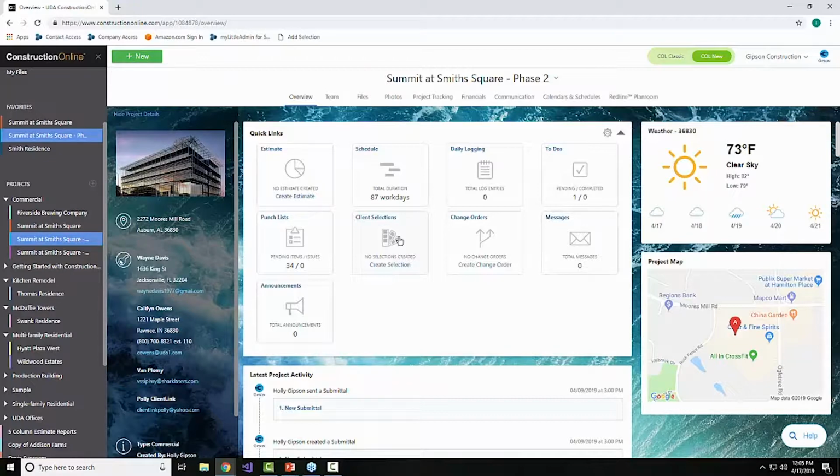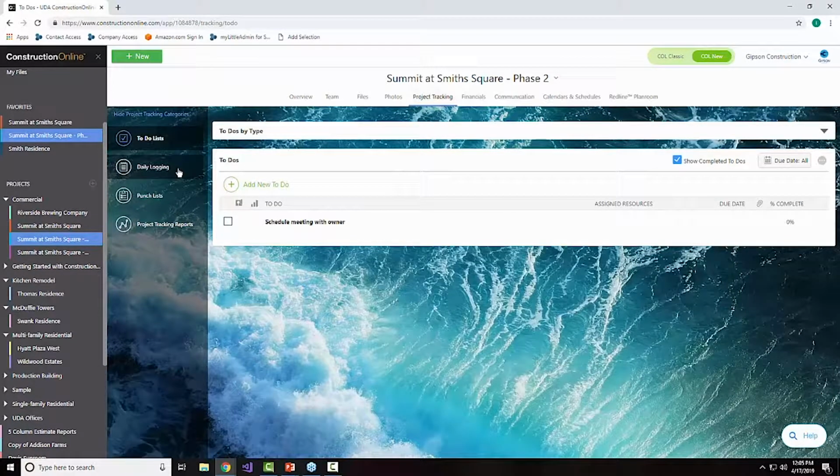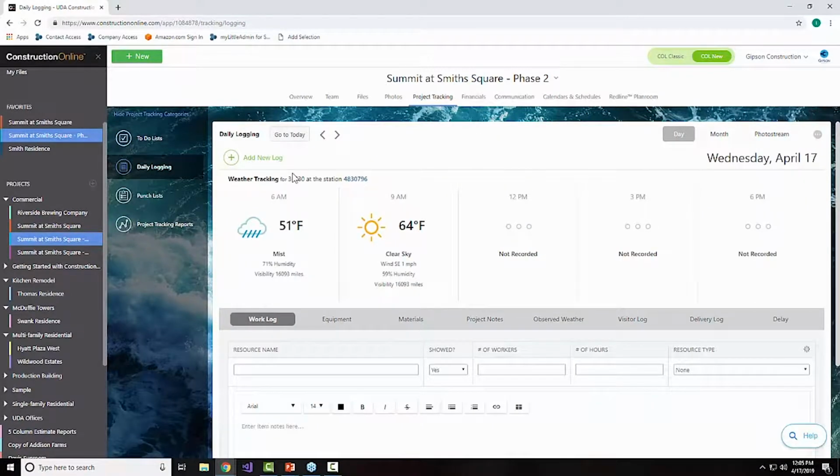And so as we're working through this, what we're going to focus on is communication from the field back to the office. And for the most part, this is going to start with that core note, those daily logs that everybody's going to be working with. And either through the mobile app or the web browser, you'll find those under the features, daily logging, or in Construction Online's new navigation, you'll actually find a lot of this information under the project tracking as well. So if we take a look first under project tracking, you'll find in the left navigation a section here for daily logs. And in this area, you'll find some great tools